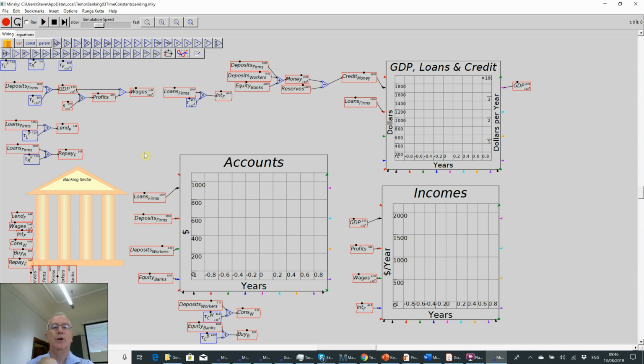But that gives you the overall logic that I've shown you mucking around very quickly there. And I've put the controls for lending to firms and repayment by firms in the top right-hand corner, as well as the control for how rapidly money turns over in the financial sector. Okay. Now, if you run this model,